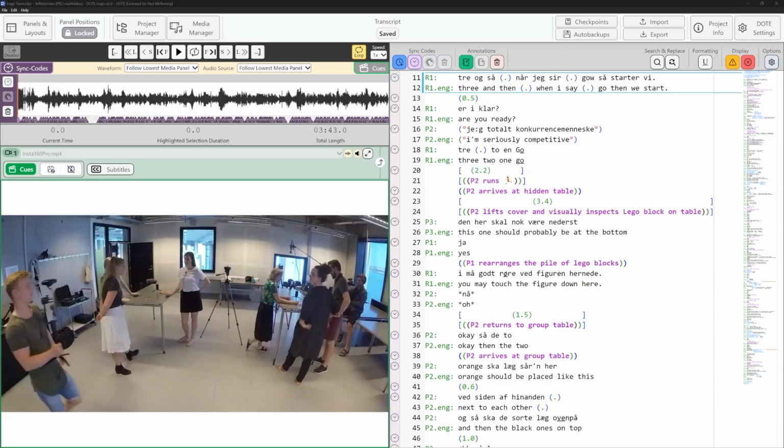So another new feature of version 2 of DOTE is a much more flexible media player panel. Before we had just a primary and maybe a secondary video panel in version 1, which allowed you to play 1 or 2 videos. So what we've done is make a general media player panel. You can have as many media player panels open as you wish, playing any number of different video or audio